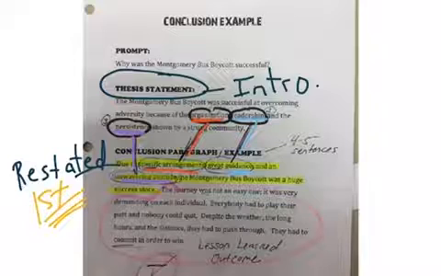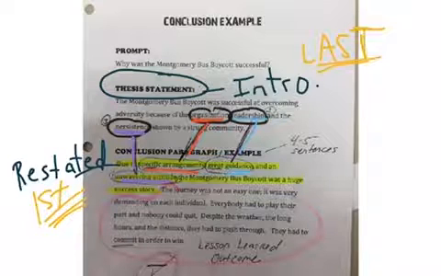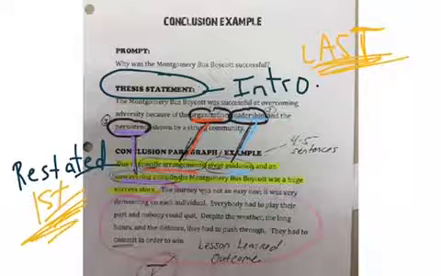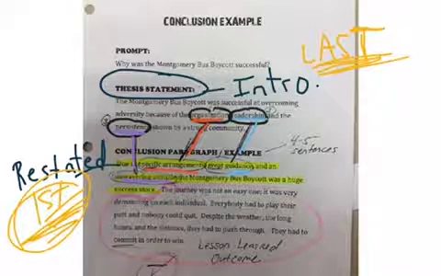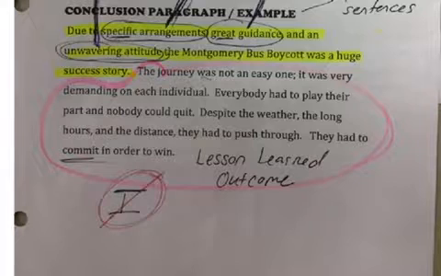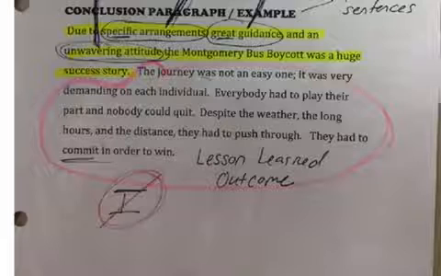It's kind of weird because in the introduction, it's always last, right? In the introduction, your thesis statement was the last sentence. However, in the conclusion, it's your first sentence. It's like it's flip-flopped. And then after that, the only thing that's left to do is what we call your